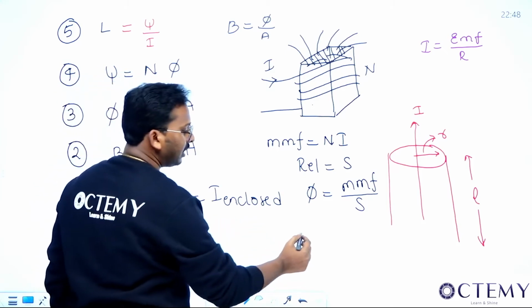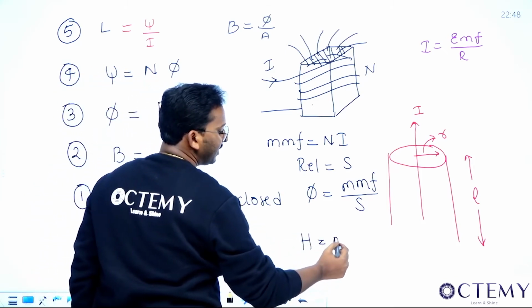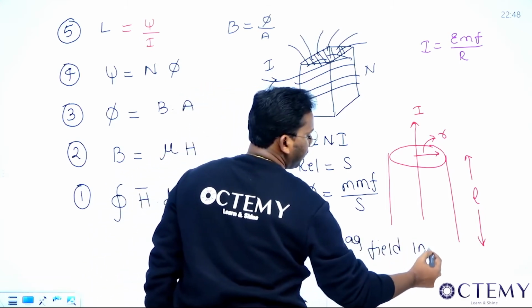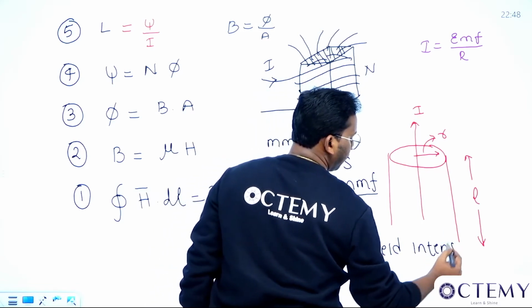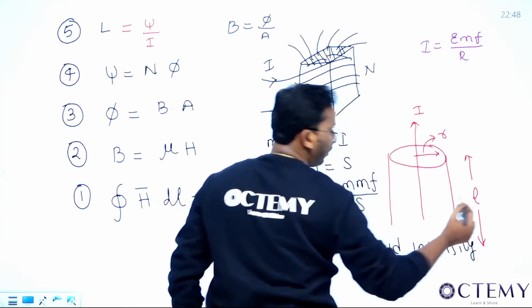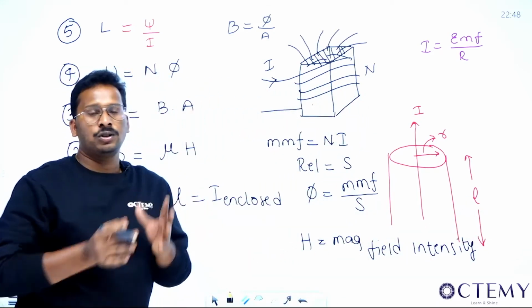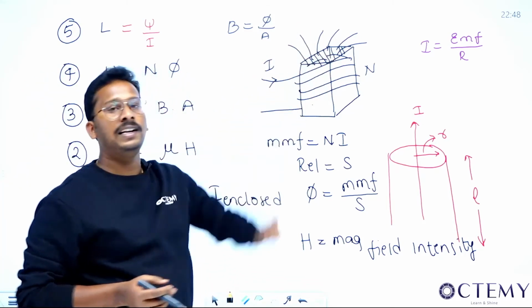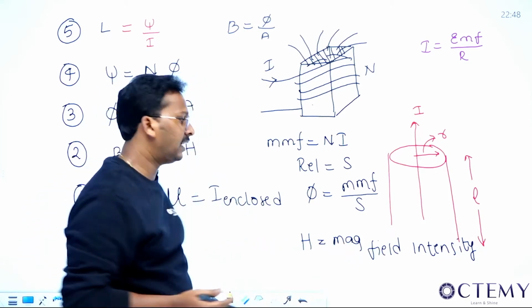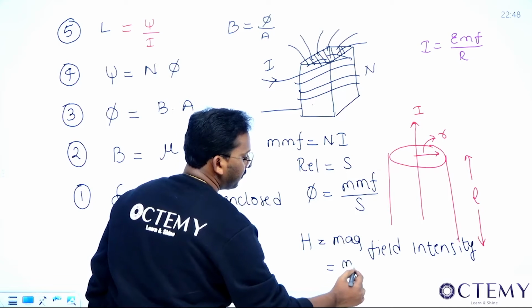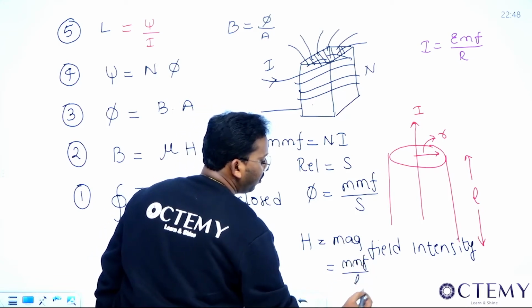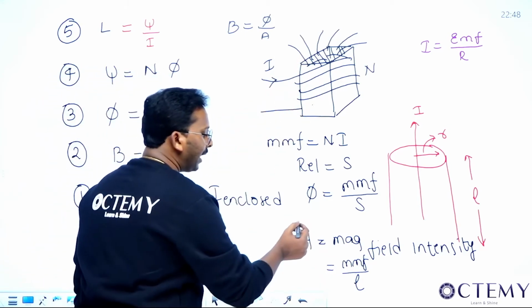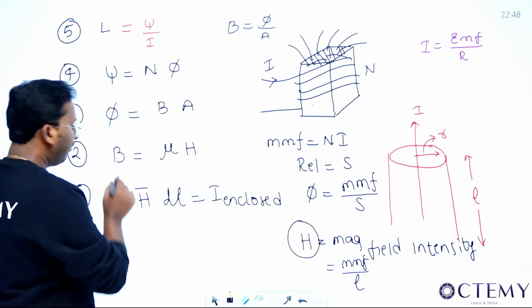Now, what is H, sir? H is basically magnetic field intensity. The meaning of magnetic field intensity is how intense those flux lines are. That means, are they thick? Are they thin? How intensified your field is, is given by your magnetic field intensity. That is MMF per unit length. Per unit length, how much strength there is, is given by your magnetic field intensity H, and we have B is equal to mu H.